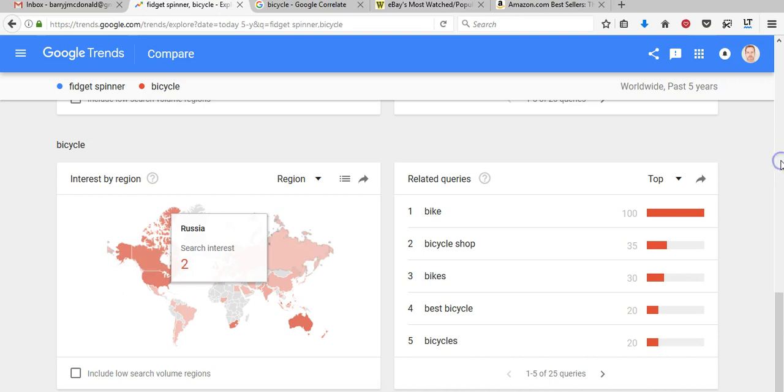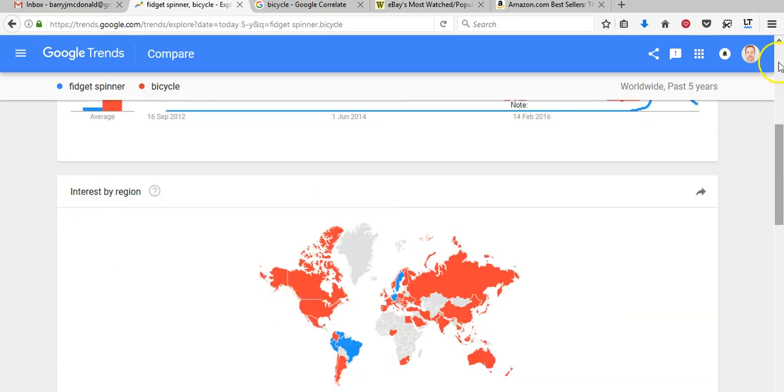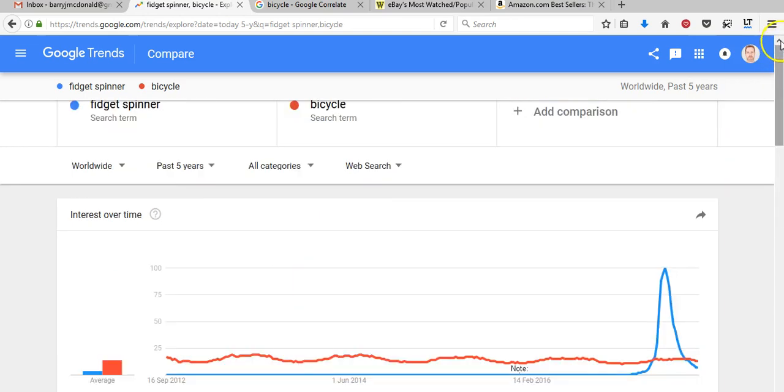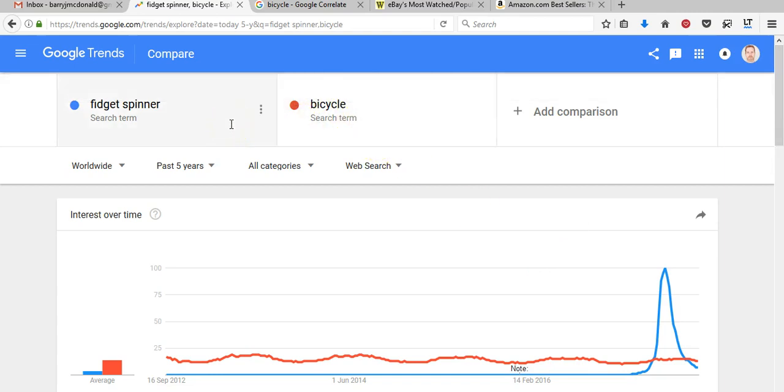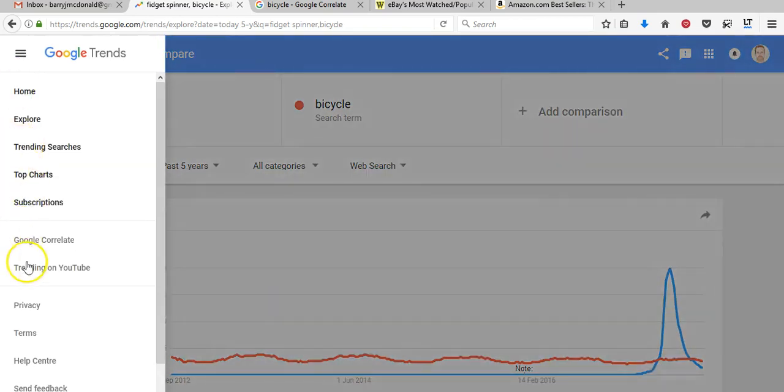So if you come over to Google Trends and have a look and see what your key term is and compare them with other ones, maybe a long-term one to see how the trend is going. And then if you want to come over here to the menu, if you just click here, you can come down to, and you can actually see what's trending on YouTube at the moment. So again, you have all these different trending searches and things you can use on Google Trends to find out where your subject stands.